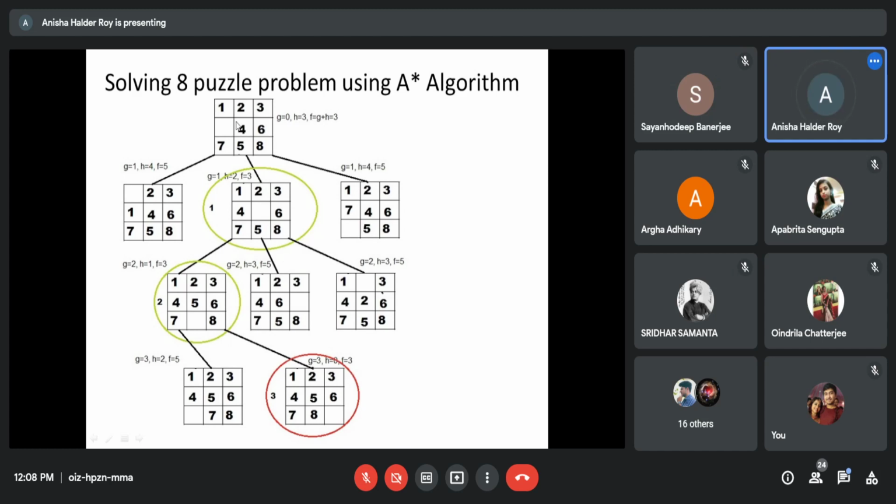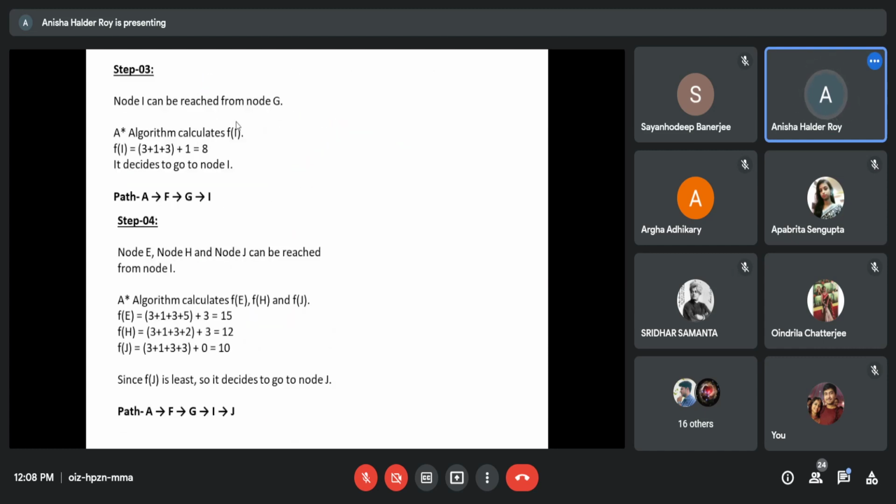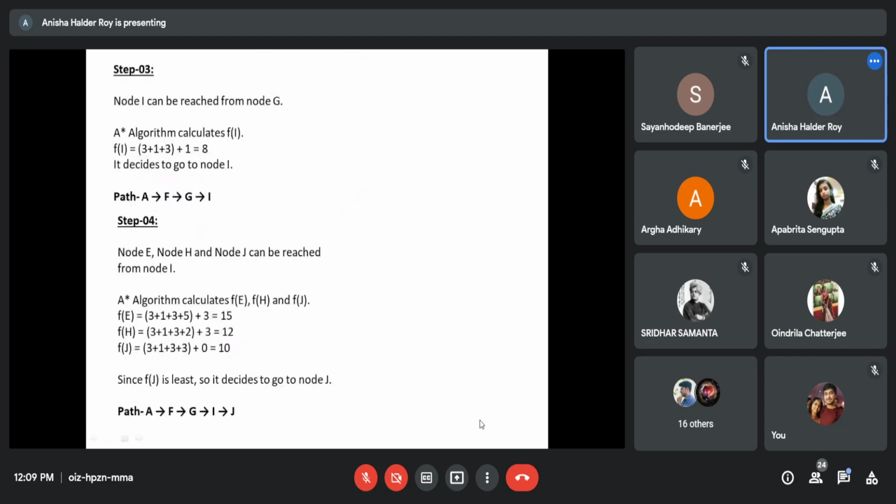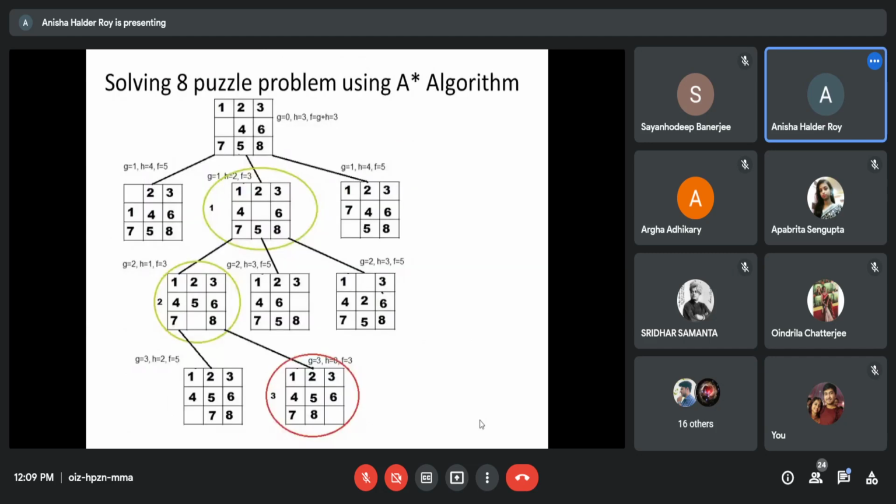Now G, the cost function. G এর মিনিং বলে দিয়েছে তোমাকে, আরেকবার পড়ো G এর কি মিনিং বলেছে। Number of nodes traversed from the start node to the current node. Number of node, here number of node traversed means number of shifting of this space or blank. Number of shifting of this blank with respect to the previous state.